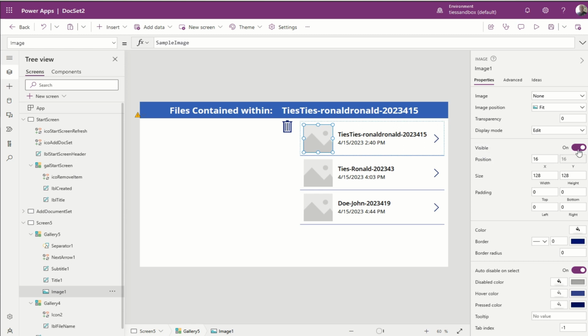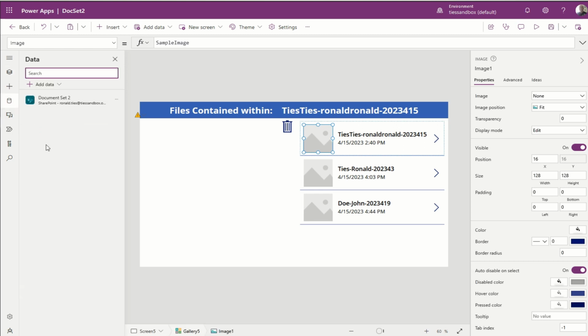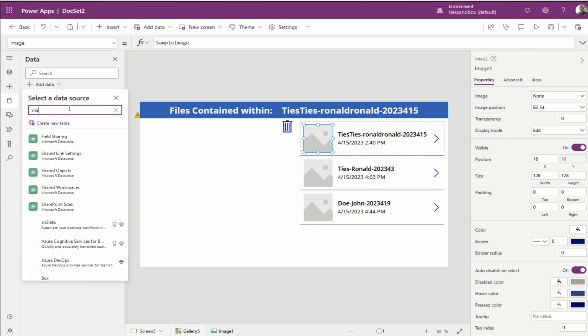Now before we hide this thing, we got to set up the items of it. It's displaying everything right now, and that ain't what we want. But before we can set up the items, we got to pull in that attachment control. So what you need to do now is go under here and add a list. It doesn't matter what the list is. It's not going to stay on here. We just need to pull it in so we can copy the attachment control and then put it on the screen. Okay, so go ahead and hit add data, type in SharePoint,